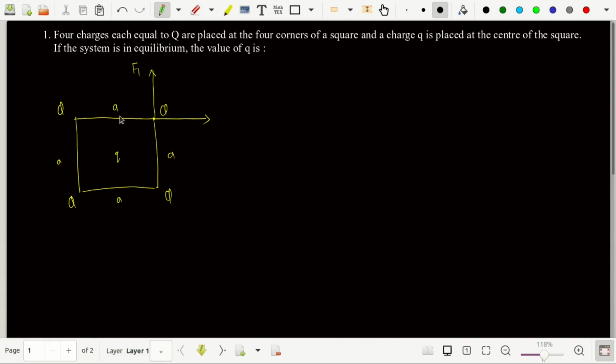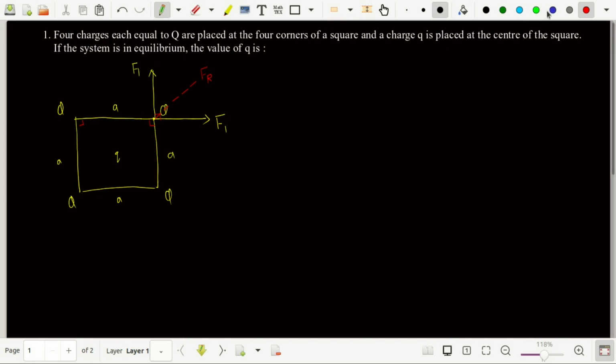And let's name these forces F1, since they are placed at equal distances. So they have equal magnitude, F1 and F1. And it will have a certain resultant. F1 and F1 are going to have some resultant. Let's name it FR. Since this is a symmetrical figure, each corner angle is 90 degrees, and the angle between F1 and F1 would also be 90 degrees, that is theta equals 90 degrees.